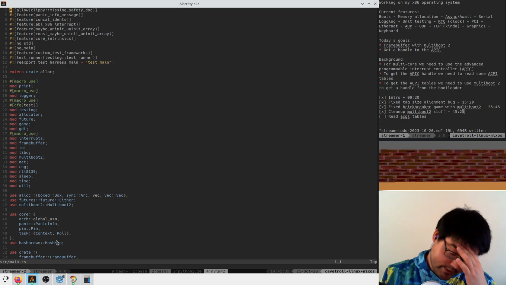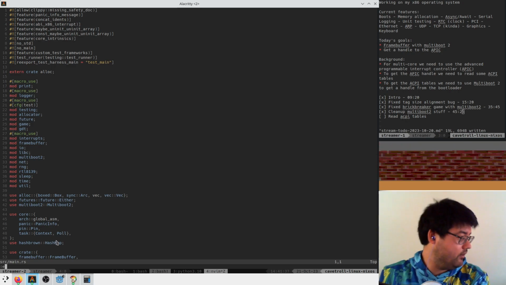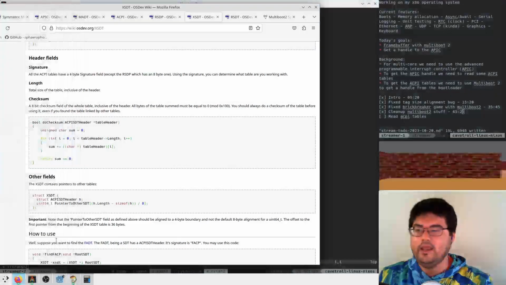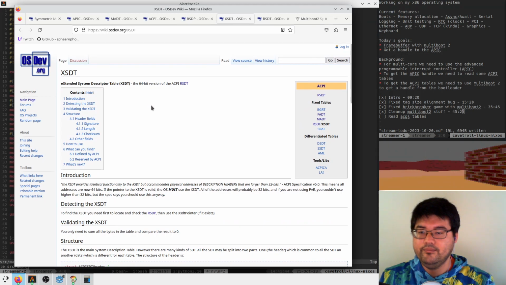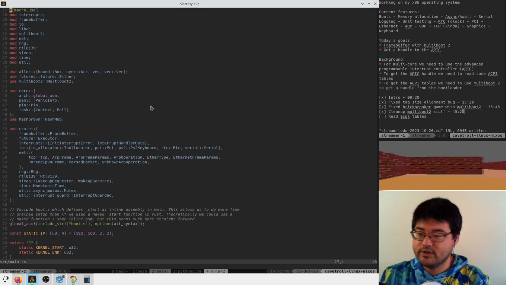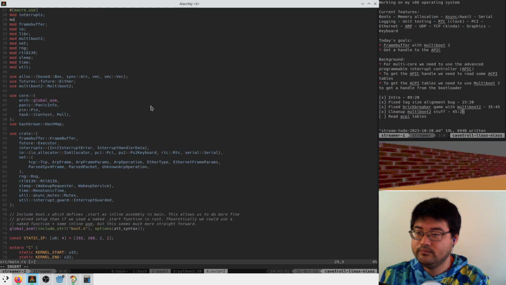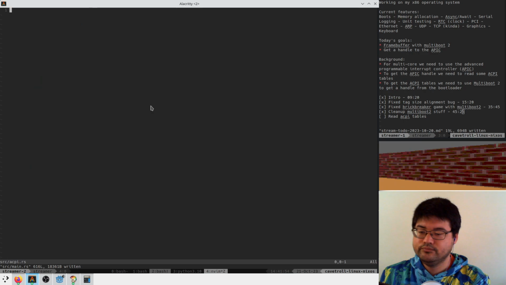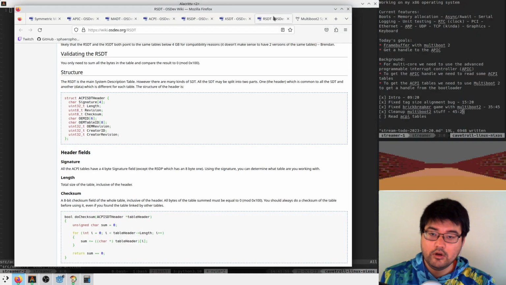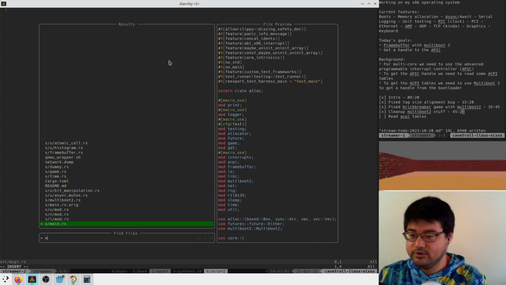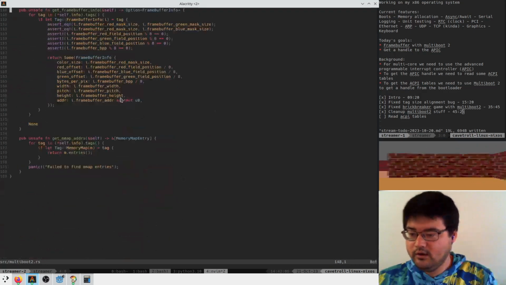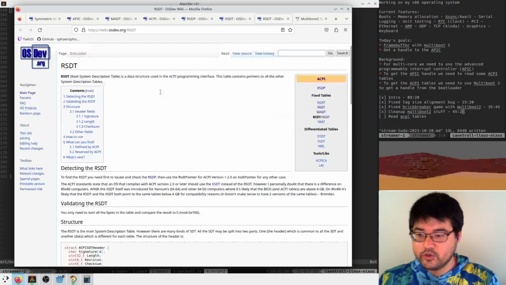Which means we probably want to have a new area of code. Let's call it ACPI. And in main, we'll just include this module. Cool. And oh, I guess sorry. The first thing we have to do is in our multiboot 2 stuff, we actually have to get a handle to the ACPI root descriptor table.